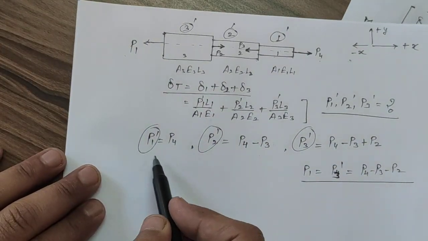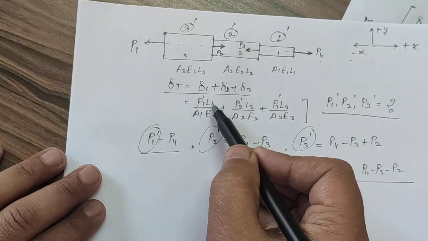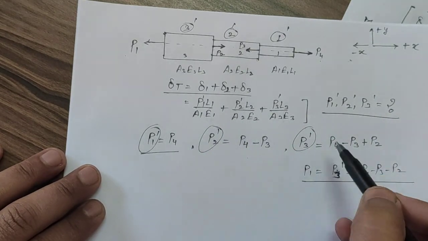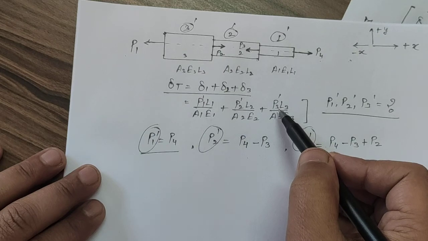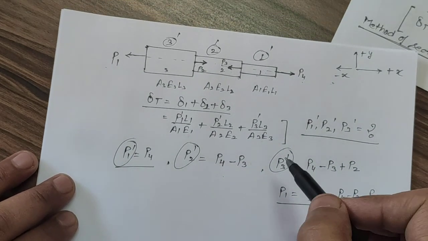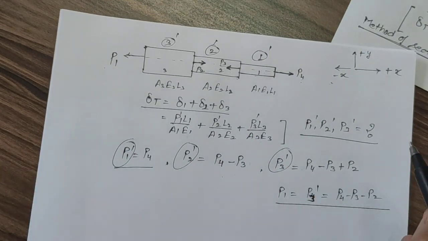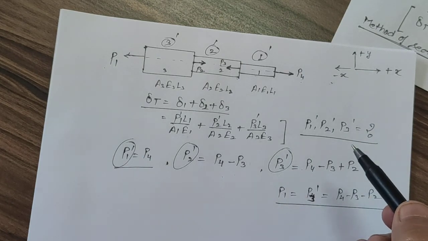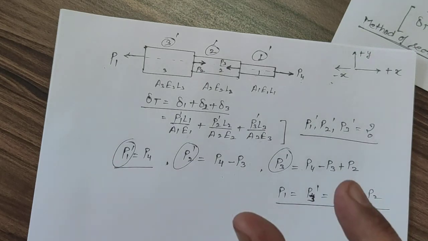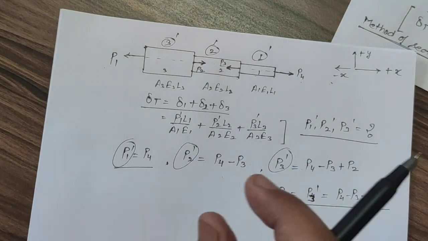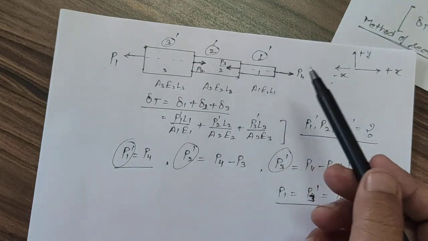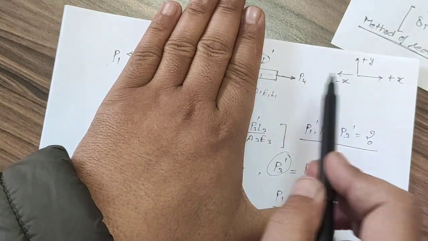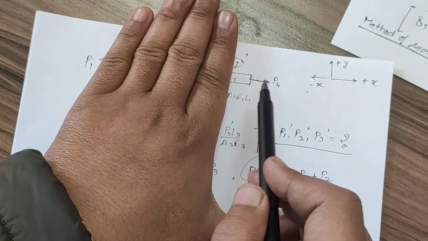So we have P1 dash here, P2 dash we will put here, P3 dash we will put here. I am trying to calculate the value of all the forces which are acting on component 1, component 2 and component 3. Component 1, put your hand, measure all the forces in the right hand direction. This is the shortest method.